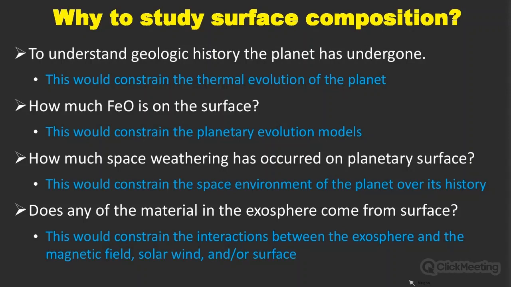So basically, to understand the geological history of the planet, and this would constrain the thermal evolution of the planet. So just to understand the overall evolution process, we can't go in too deep. Even in the case of Earth, we have not yet managed to go up to the mantle. So what we rely on is the surface information, but we know that what comes on the surface is actually due to the internal processes,